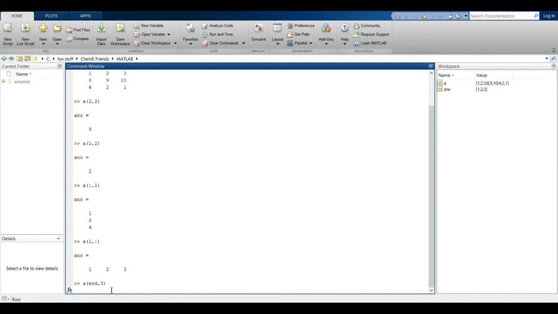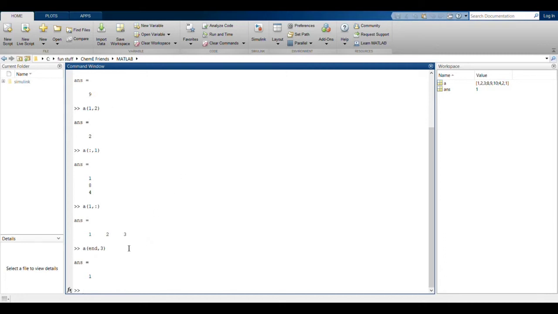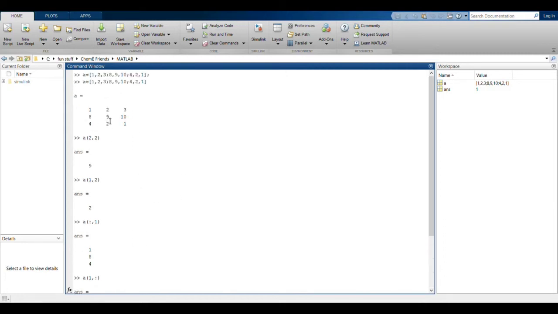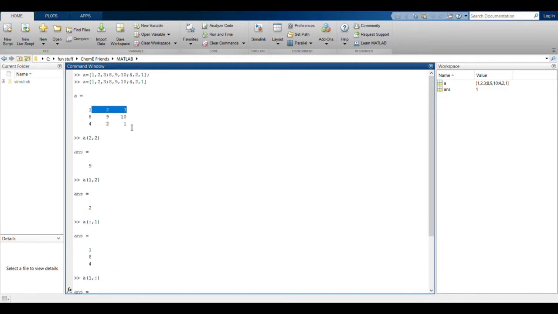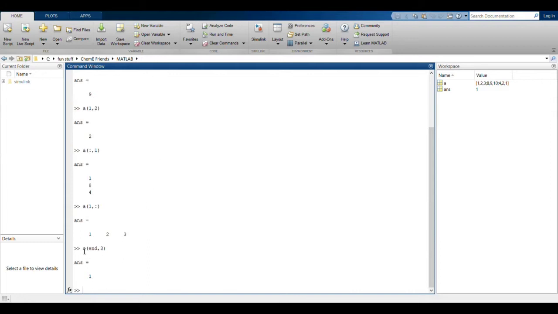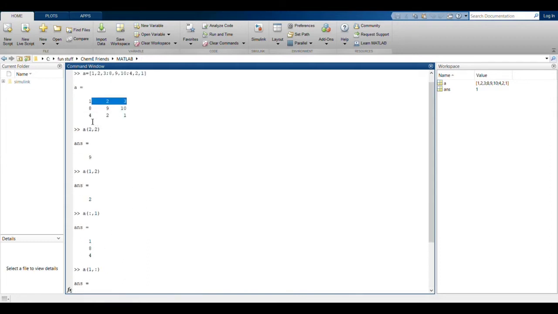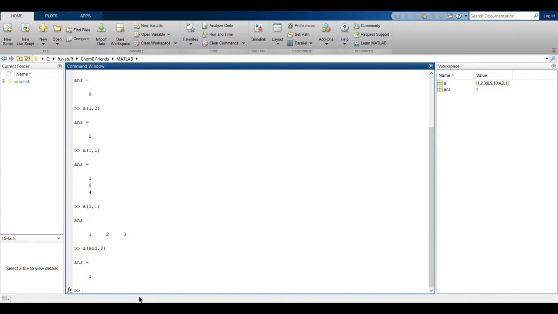What we will get is the last row and the third column. So we have end, which is the last row in A, and the third column. So I have 1. So we get this answer. All right, so that's about it for matrix. We will speak about further things in the next.